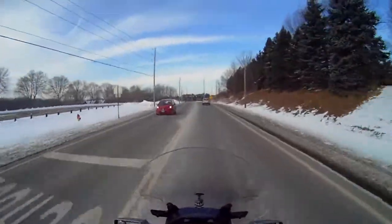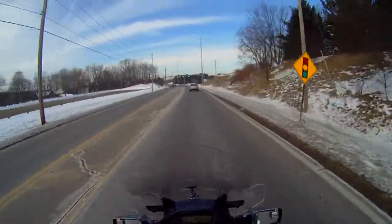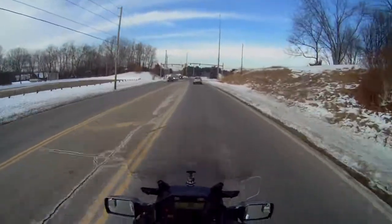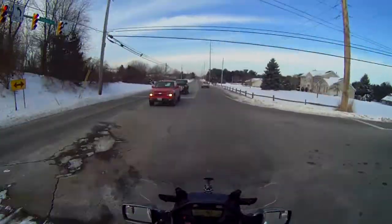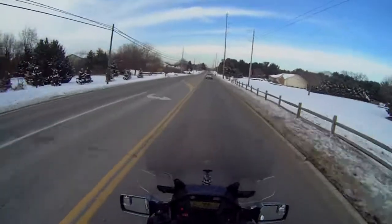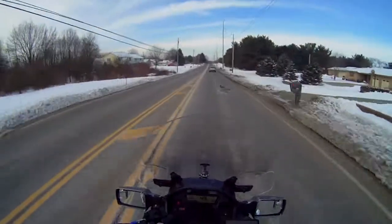Did have a little bit of a problem installing it. Not so much with the actual install, but there is a plastic cover plate on the front. I think the curvature is a little different on this Givi shield, but it just didn't quite fit snug, so more of a cosmetic thing. So other than that,